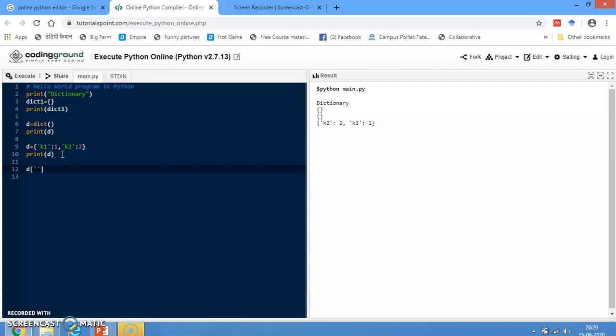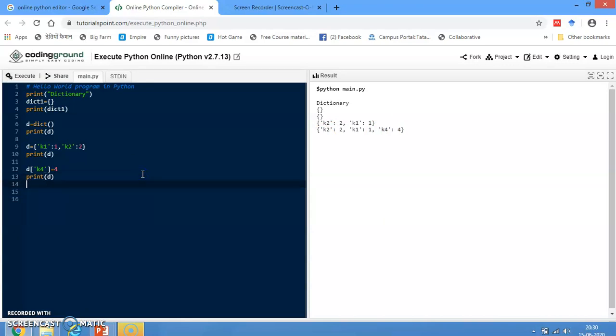Suppose I want to add one more element k4 to the dictionary, then I assign it using a square bracket. Now I am printing the dictionary d. Execute it. Now it shows the newly added value k4 is added to the already available dictionary d.